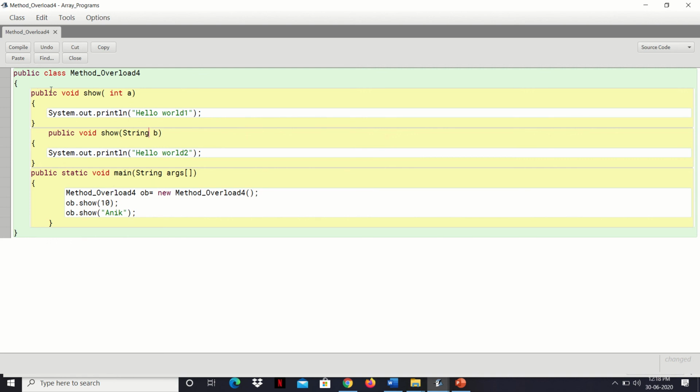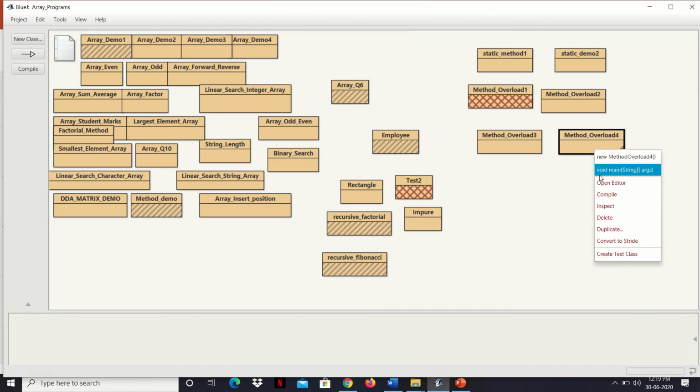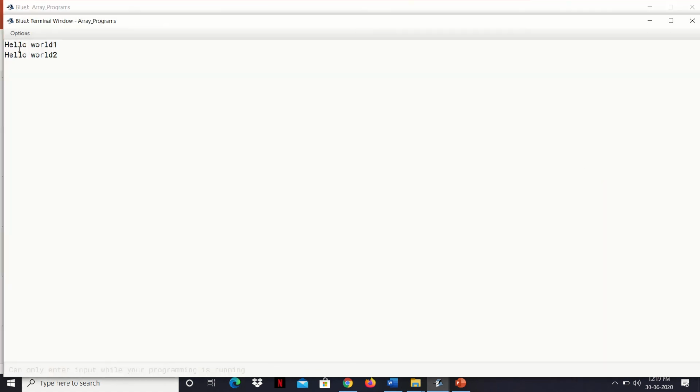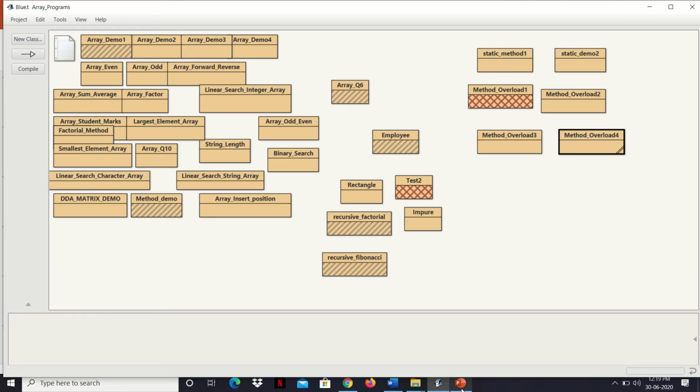So from this function header or method header, we can know, without running the program beforehand, what value or what parameter will pass over here. At the time of compilation, we are knowing that. So that's why it is known as early binding. This one is binding with this one. This binding we are knowing beforehand only. Okay, so 10 is matching with this, Anik is matching with this one. That means from this header we can say what kind of parameter will be passed when the method will be called. Let us compile this, no syntax error. Now let us execute this. Hello world 1 and hello world 2. I hope it is clear, students.